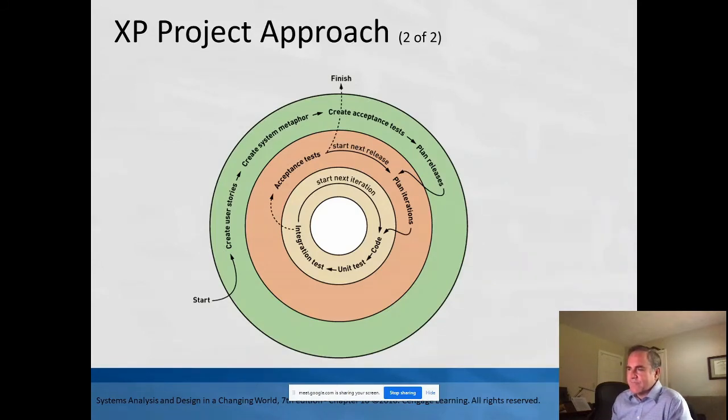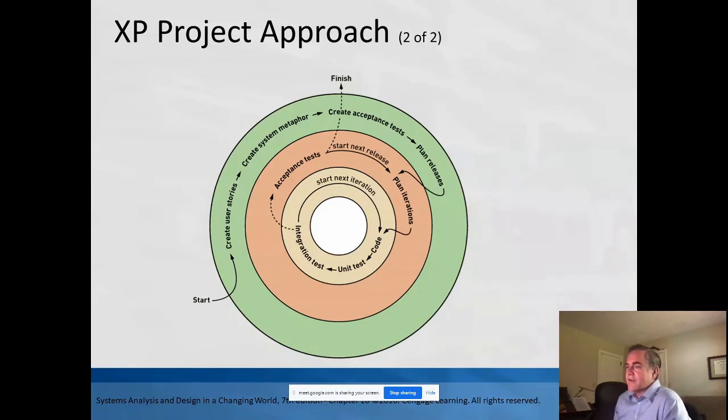And we see an illustration of that here where you're essentially gathering your business requirements, and that green ring where it says create the user stories and the system metaphor and the acceptance tests, that falls into that orange ring, which informs the inner ring, which is where the coding is done. And then when you have a cycle that's completed, so you have an iterative piece of code, you push that back out to the